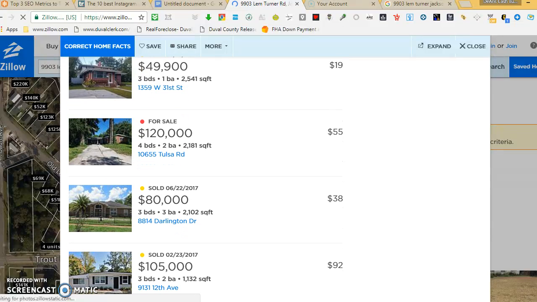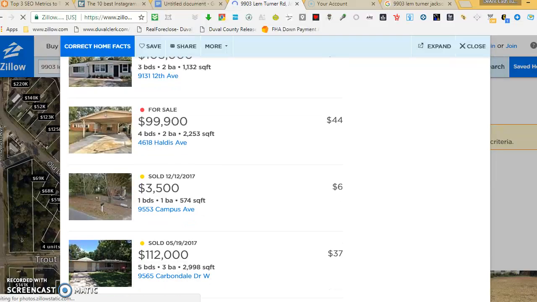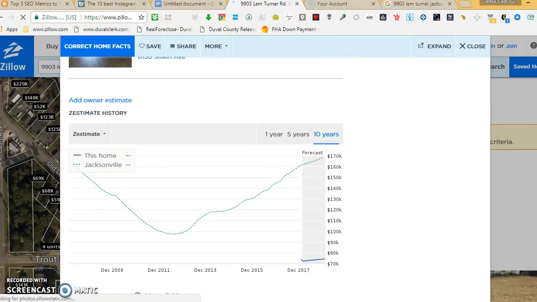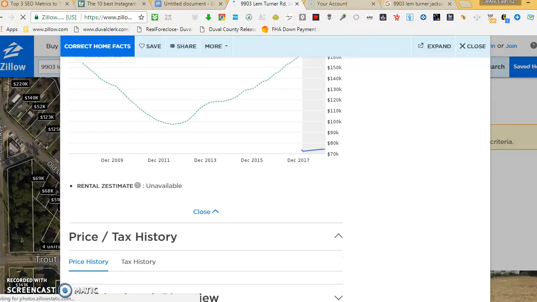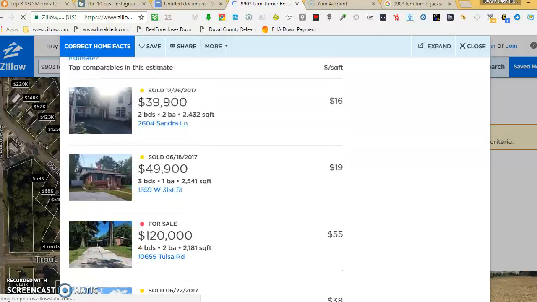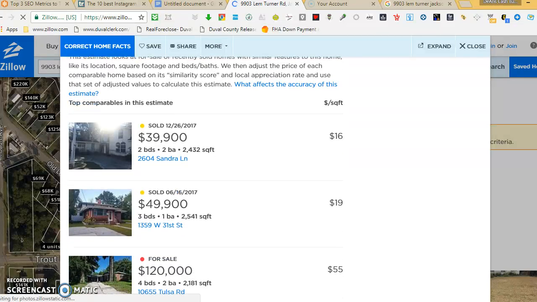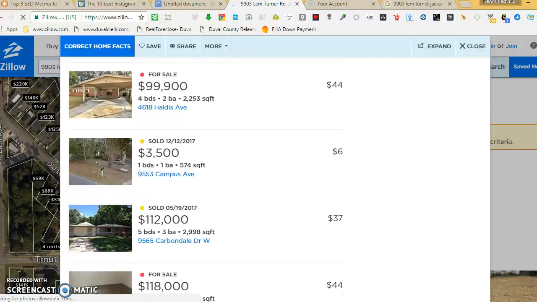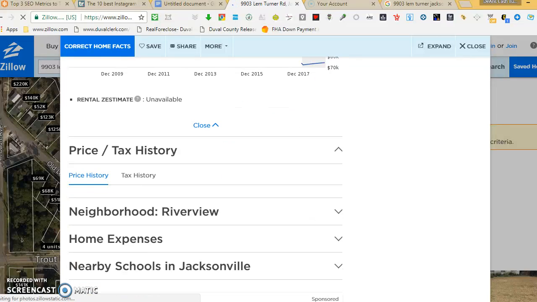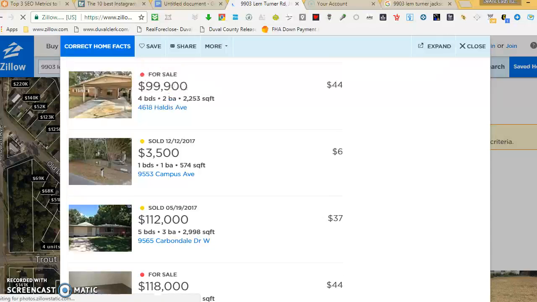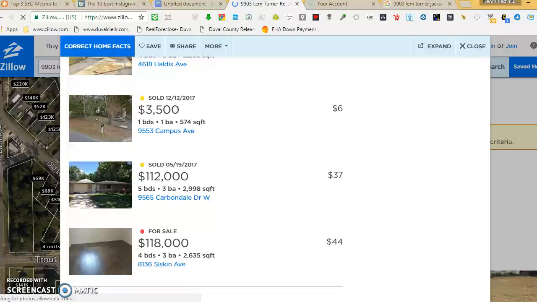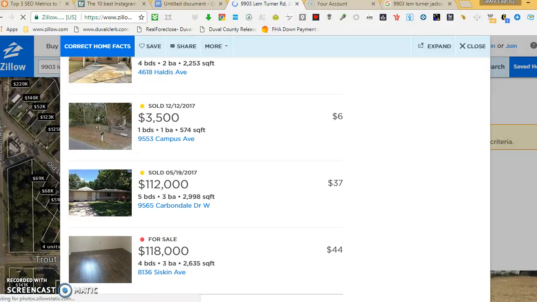Okay, you scroll, and you want to look for the property that's the closest possible to Lim Turner. So like this property here, this was another property that was slightly difficult. However, you can see some comparisons. You can see that there are comparisons here. Houses are selling, and normally you can take all of the sold houses in the area and make sure that,